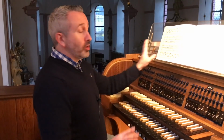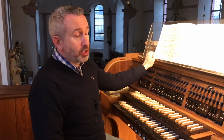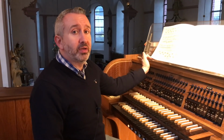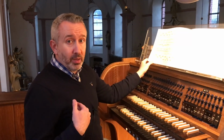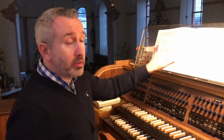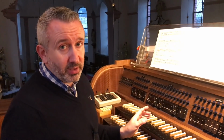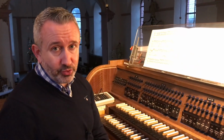Now, I'm not going to play the whole thing to you today because, like I said before, I haven't played it for over 30 years. What I'm going to do is look at various different bits of it and show you how I'm going to go about learning it for you. But we're not going to do the toccata today because, let's face it, everybody knows what it sounds like. Everybody's tried playing it at some point. We're going to move straight on to the fugue, where it's a bit more difficult and requires rather a lot